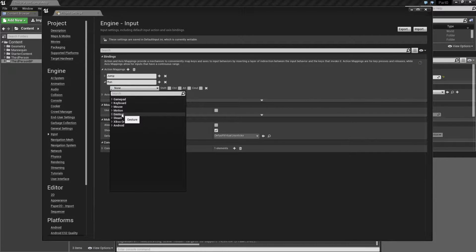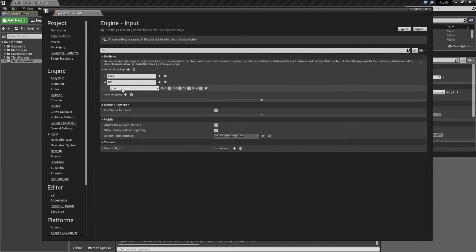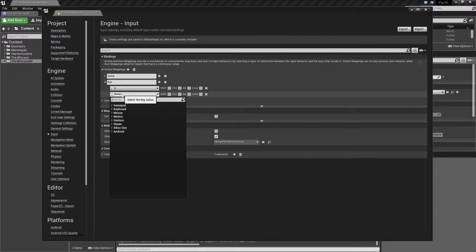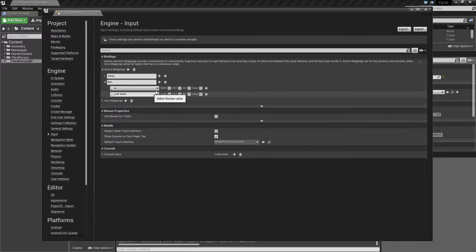So for me, I usually use this one to run, but most people use what is it called? Shift. Keyboard. Shift. We can click here and type shift. So let's put in the left shift. And also let's add the